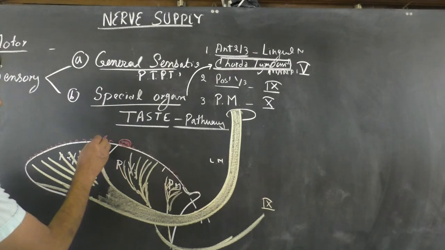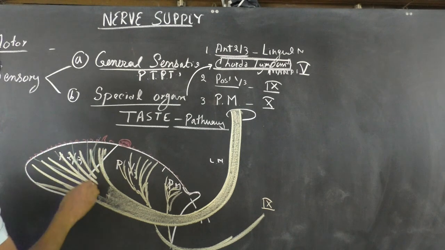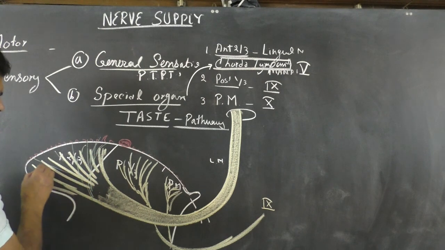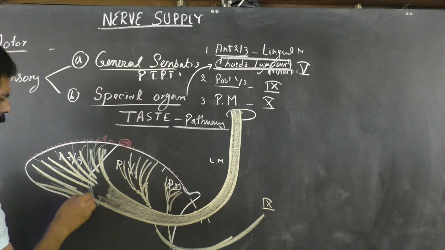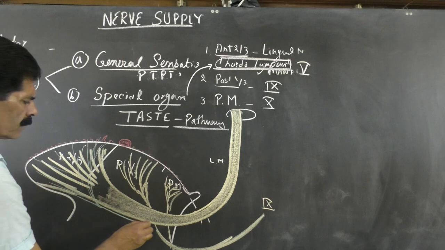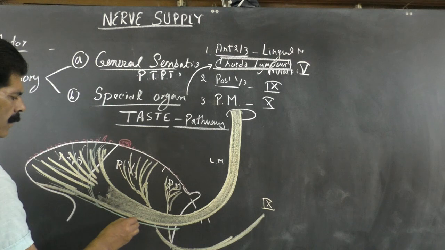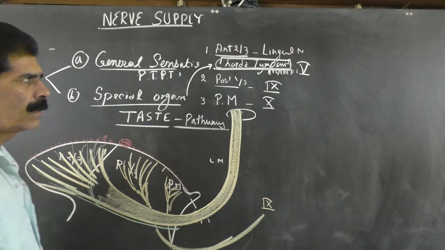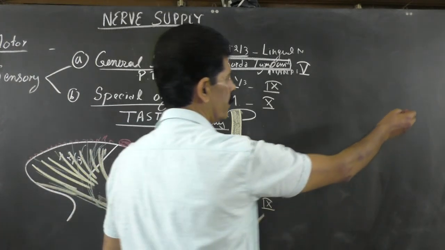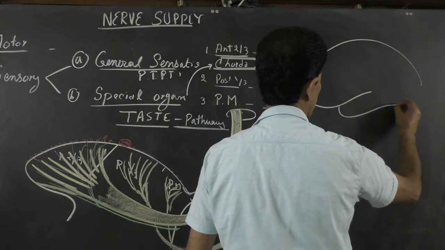So from the taste buds, the very few fibers carrying the taste sensation from the anterior 2/3 are carried by a bundle of nerve fibers which accompany the lingual nerve, because they want to go to the taste area of the conscious level of the brain, that is the cerebrum. And as we all know the functional areas of the cerebrum,